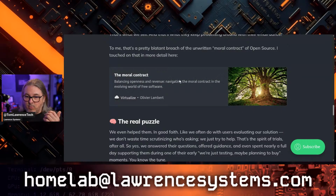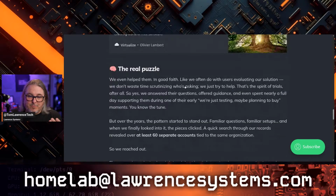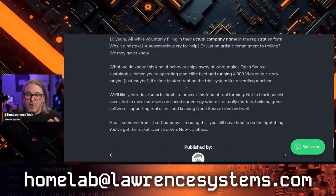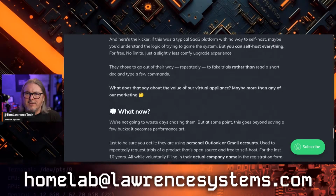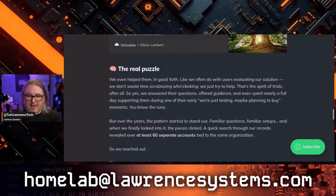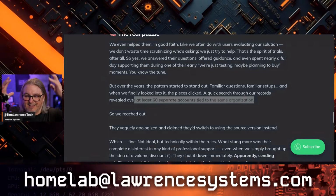And if you're wondering what goes on behind the scenes, this is just really interesting. This is a company that kept setting up 30-day trials over and over again to avoid paying, but wanted to use the paid version. They just kept running through email addresses, and they had at least 60 separate accounts tied to the organization to avoid paying. I mean, just...